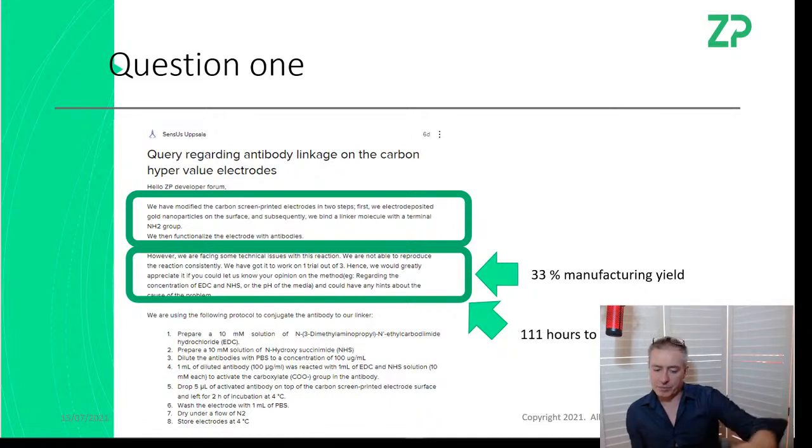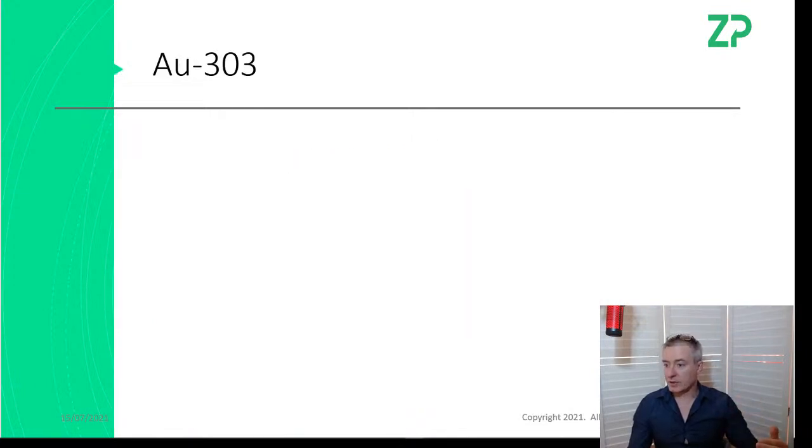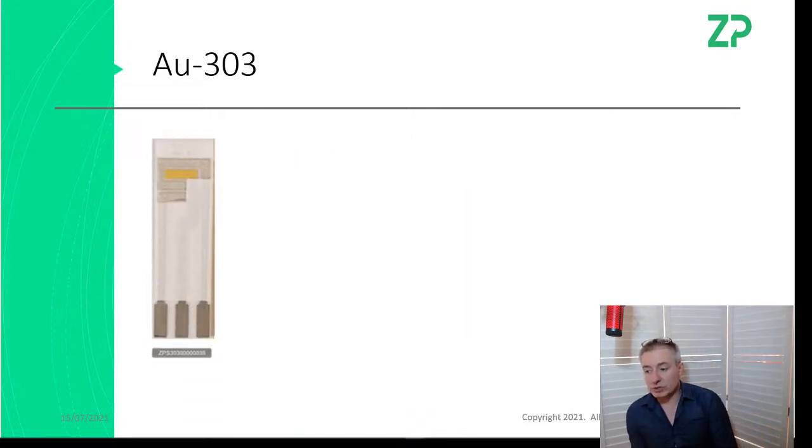Whenever I see that, now that I understand the chemistry a bit better, whenever I see the idea that somebody is going to take something like a carbon surface, or maybe some other surface, and make electrode deposition upon it, in this case sometimes they just do electrode deposition to make a gold surface, or in your case you're doing partial electrode deposition to make nanoparticles. Now what that says to me is you might as well just start it. Unfortunately it's too late now, because I know you've kind of committed, but just start with a gold electrode,